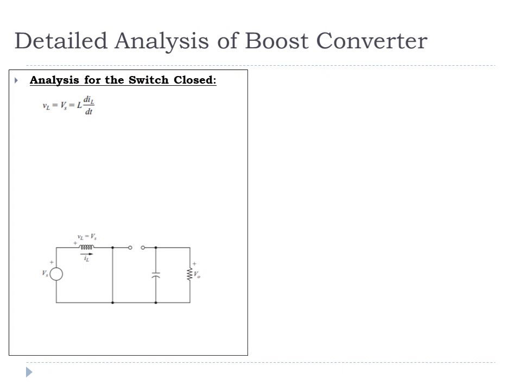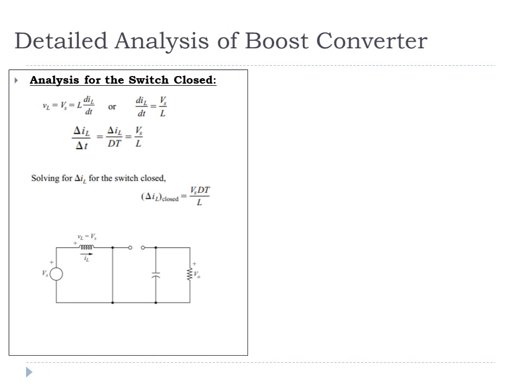So the delta IL upon delta T becomes equal to Vs upon L, and delta T is actually the on time, which is written in terms of duty cycle as D into T. So I can say that delta IL closed is equal to supply voltage into duty cycle into switching time period divided by